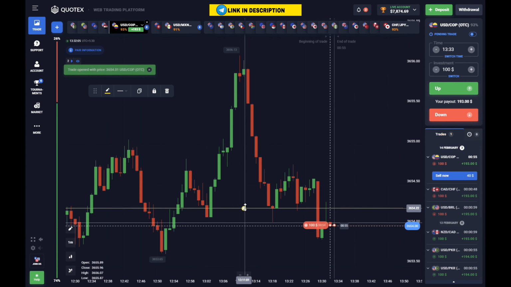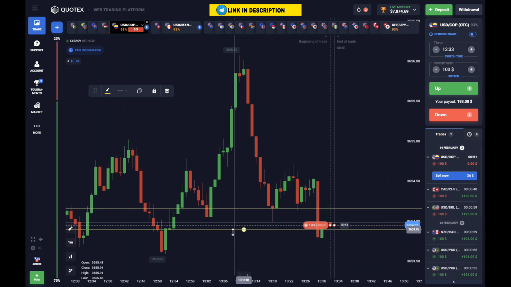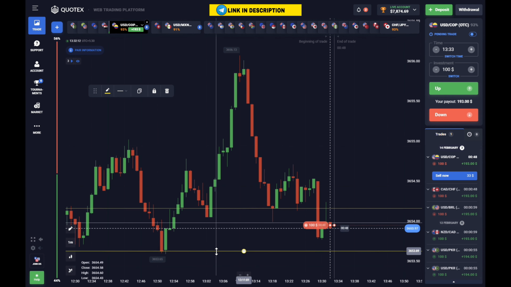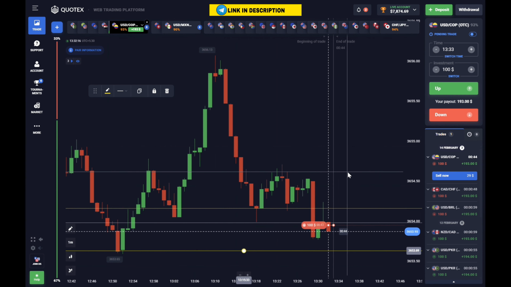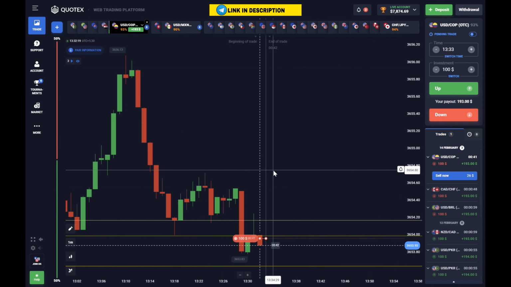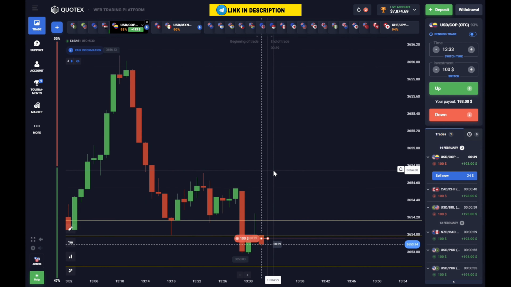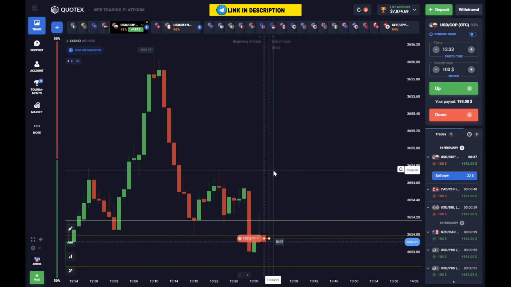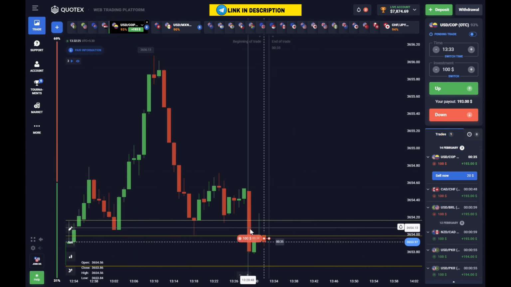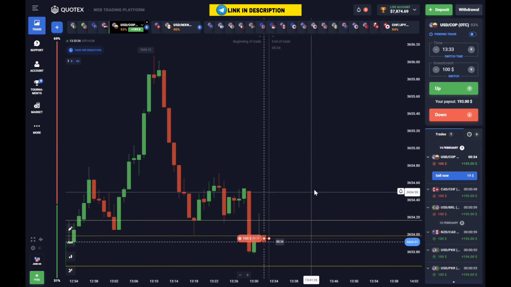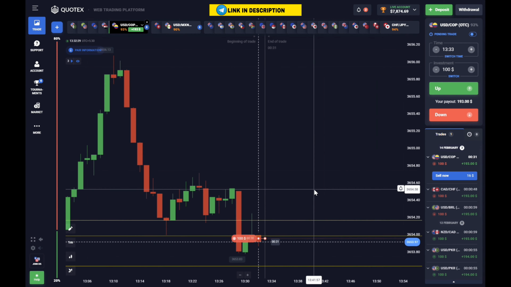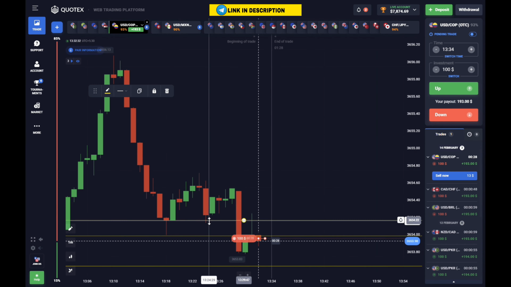Now, there is a very good concept here. The level I placed was based on the long wick, as there was a support level there because the wick on the downside was quite long. But here, I have placed trades for the downward movement because I feel that where I have placed the trade, the previous candle has a very long wick on the upper side, which indicates that there could be selling pressure here. That's why I have placed a trade in the downward direction.